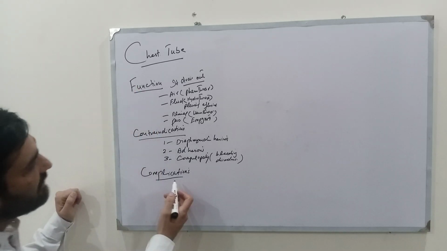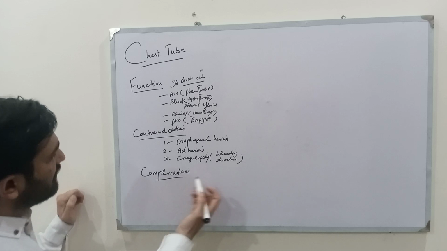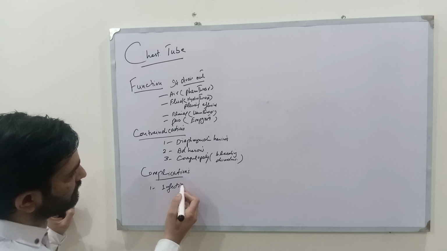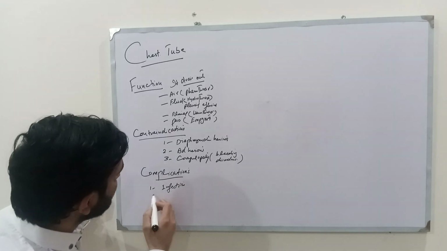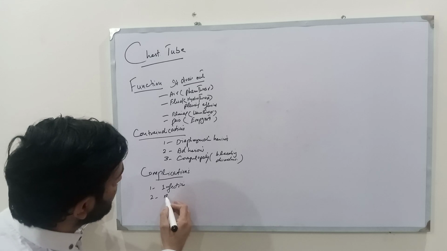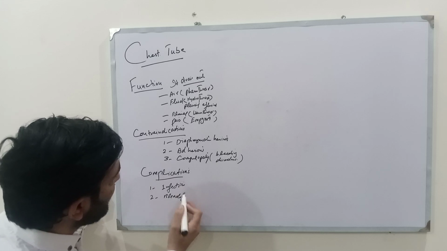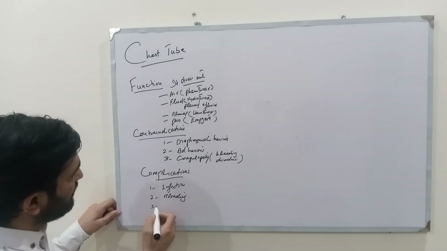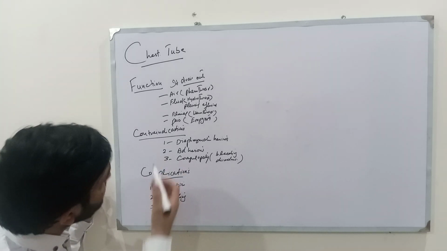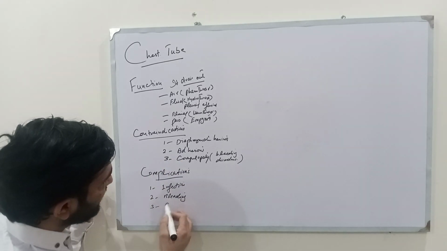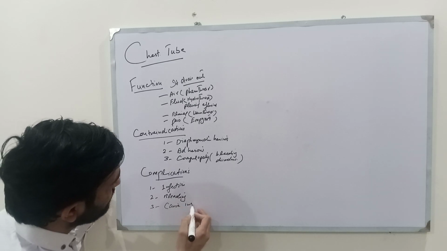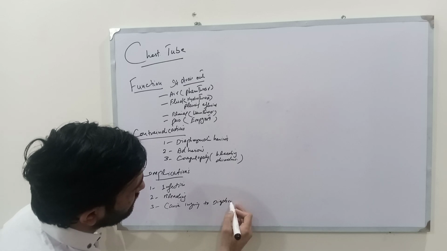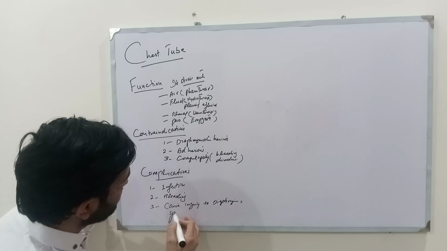Next is, what are the complications of chest tube? It can be infection at site of insertion of chest tube. It can be bleeding, hemorrhage when inserting chest tube. Another, during placement of chest tube insertion, it can cause injury to diaphragm, spleen,